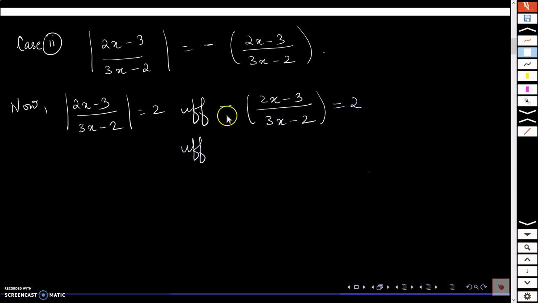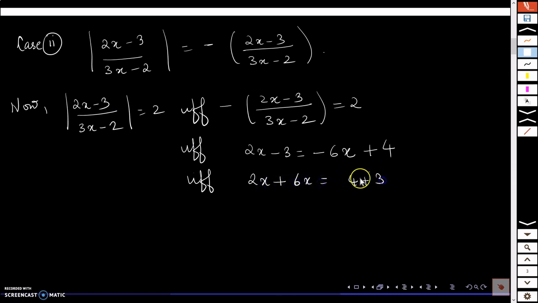That will happen if and only if I can transfer the negative sign that side. 2x minus 3 is equal to, I'll transfer the negative and I'll directly multiply 3x minus 2 on that side. So this will be minus 2 into 3x, so minus 6x, and minus 2 into minus 2, that's plus 4. That is going to happen if and only if 2x plus 6x is equal to 4 plus 3. And this is if and only if 8x is equal to 7, and that is going to happen if and only if x is equal to 7 by 8,